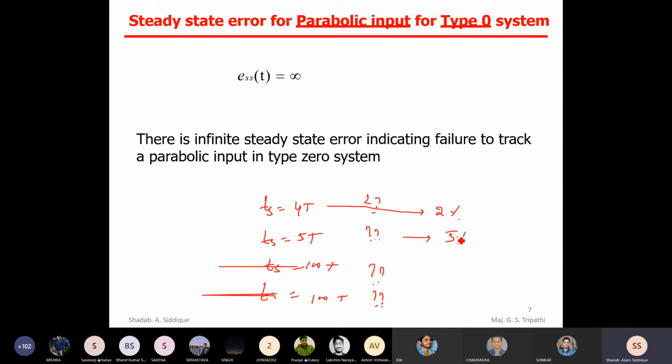5%. Settling time 2t, that is 1% error, sorry. 3t के लिए आपका 5% होता है, Ts is equal to 3t, that is 5% error. Okay, so 1% error. Now if you take 100t, you will get 0.5% error, or nearly equal to, I'm not exactly saying 5%, nearly equal to 0.5%. If you take 1000t, you will get to know that you are getting the error as maybe 0.090 or 0.1, 0.10% you are getting error.